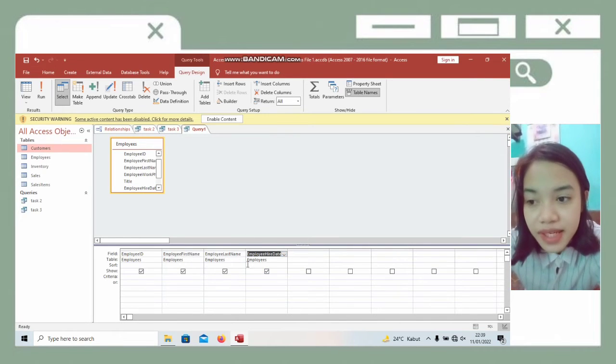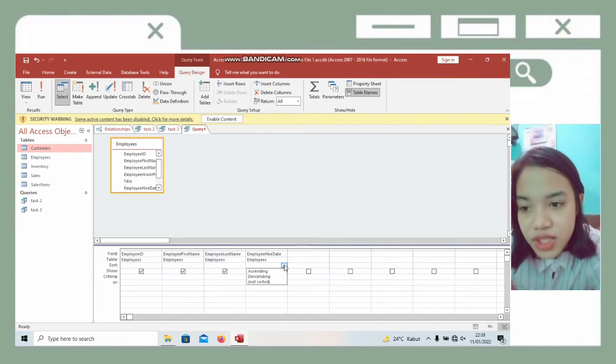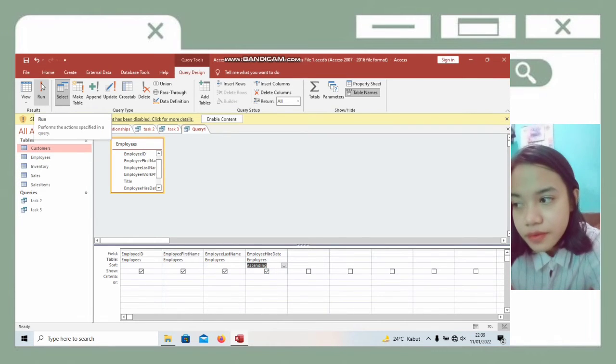Because what is being asked is the first 3 employees hired by the company, in the employee hire date section we choose ascending and then click Run.